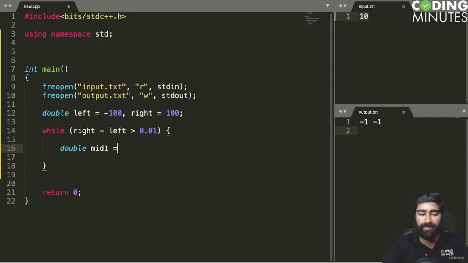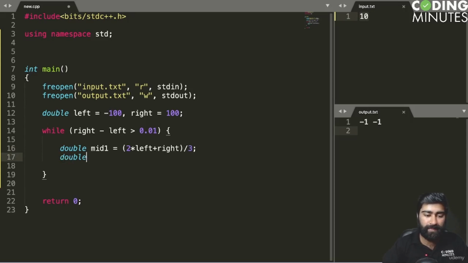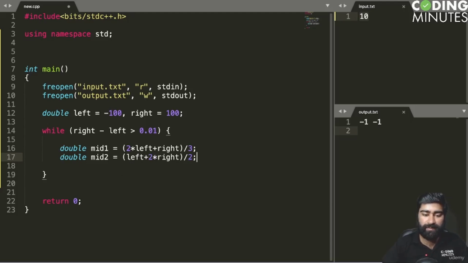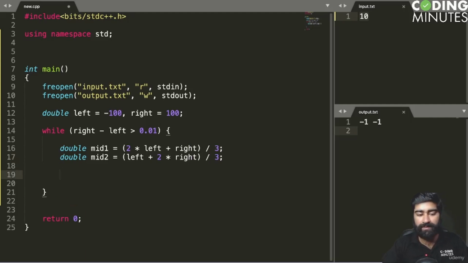So mid1 was equal to, as I already described, 2 into left plus right by 3. And what is mid2? Mid2 was equal to left plus 2 into right by 3, right? So these are mid1 and mid2, and what I need to find is